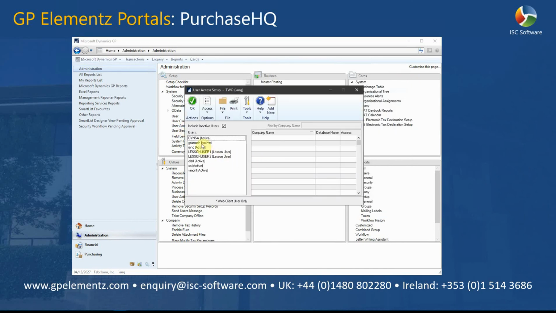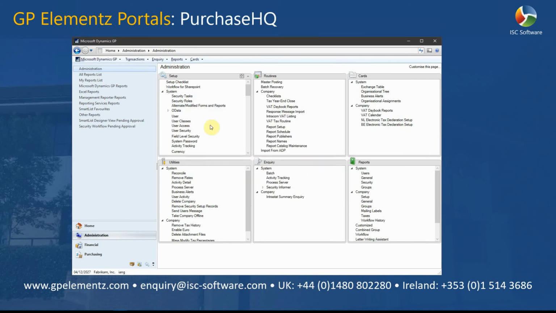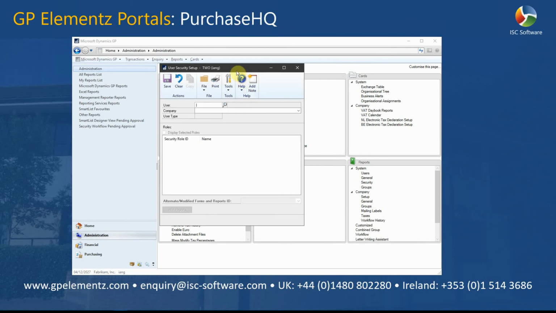We then grant access to this user to the different companies we want them to access. Now, it might be that this user is only going to be doing purchase ordering for Fabrikam Inc. and not the other companies, so I'd only mark this. And when they're in PurchaseHQ, they won't get the option to toggle between companies, or if I have two companies selected, they'll only be able to choose between those two. So if I OK that, and the final step is in the user security window,